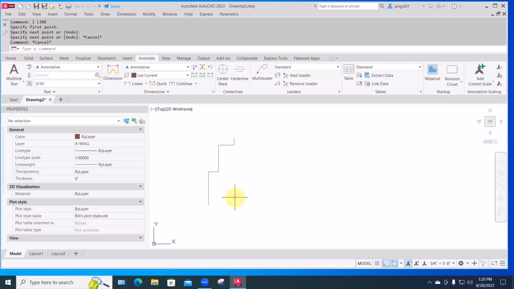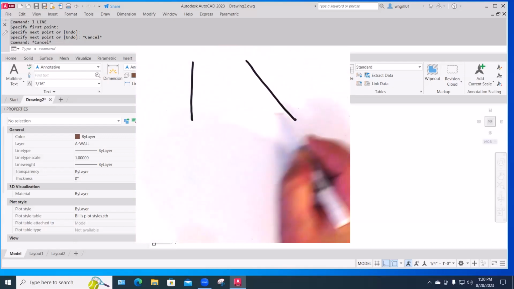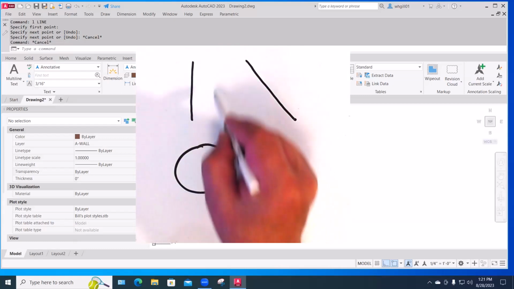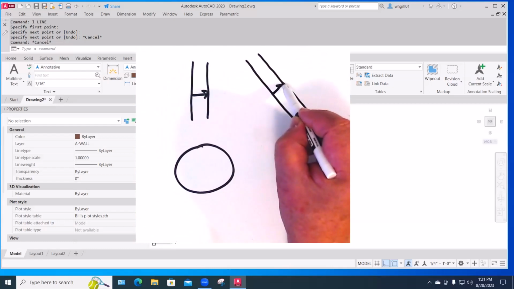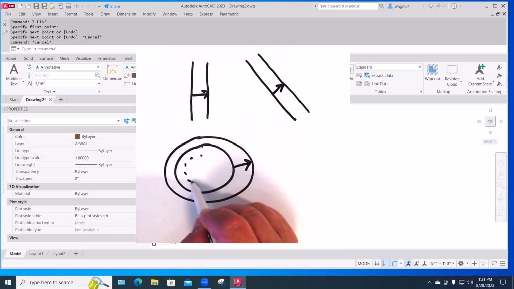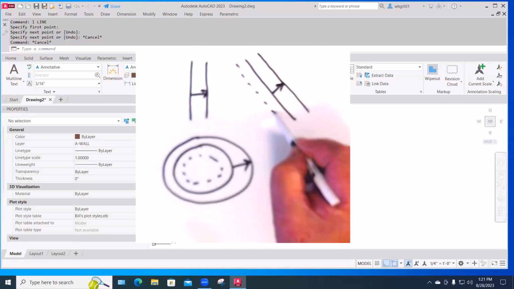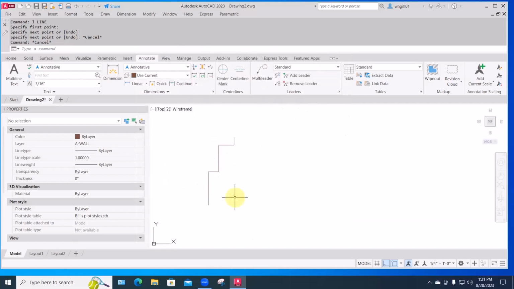What offset will do is take anything that you've drawn and create another version of it parallel to that. So with a vertical line, it's easy, it just goes over. You could use the copy command. But if you want to get something that's exactly away from the angled one, to copy it, you'd have to do a lot of square root of 2 or so. But offset will do that. And you're also given the choice of which side of the original you want that to be, either interior or exterior. So instead of using the copy command, I use offset all the time,